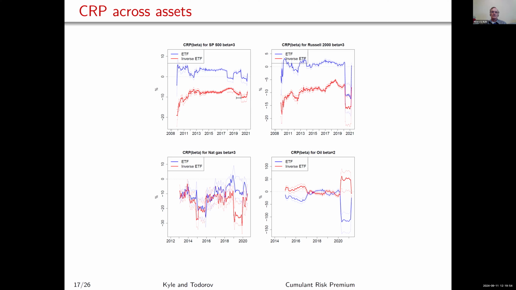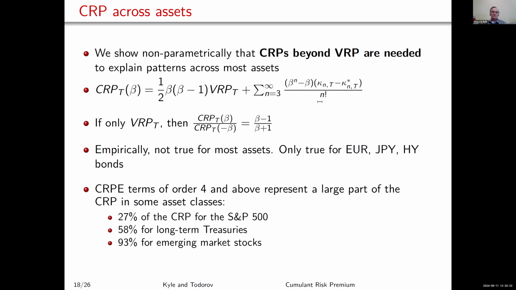And that's for S&P 500. These top 2 are for stocks. You can also see it's the case for natural gas. But for oil, it's a bit maybe ambiguous. So it's different for different commodities, but the typical picture is the leveraged short or the inverse ETFs are ones that you not only lose the regular risk premium you would have gotten from going long, you also lose the cumulative risk premium, which tends to be negative, and so you'd be better off shorting them.